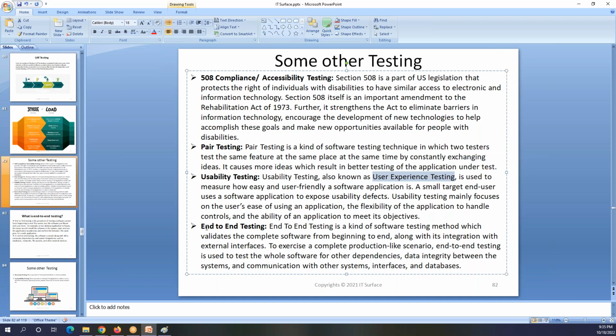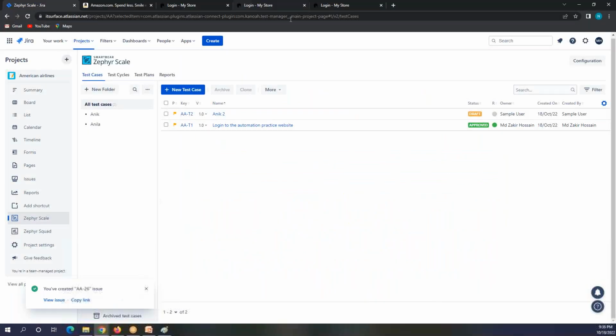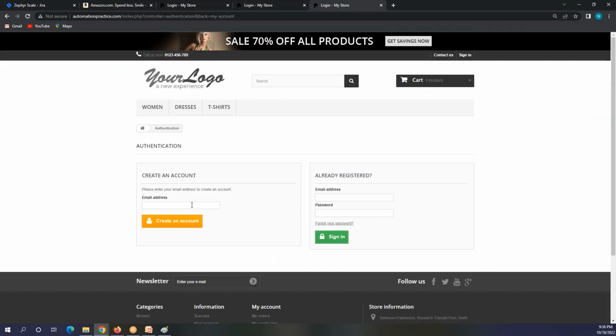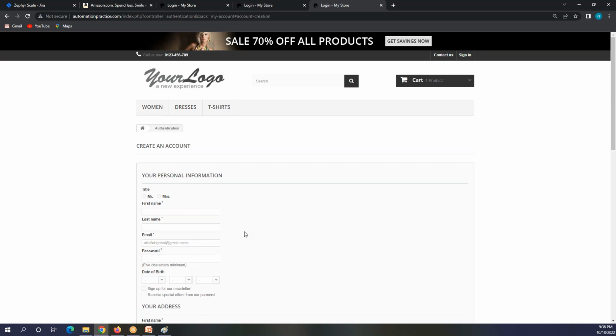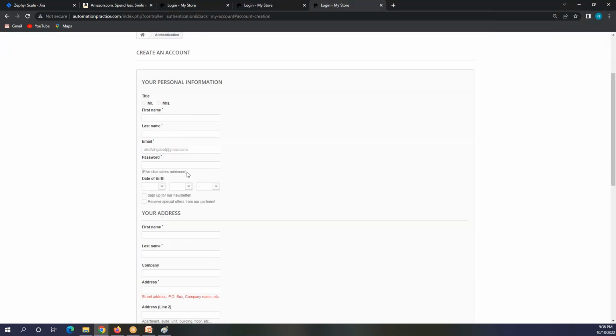Okay, next is end-to-end testing. This is one of the important things you need to know. End-to-end testing is basically, if you remember this page, when you insert an email address and it takes you to this page, you are inserting values here.